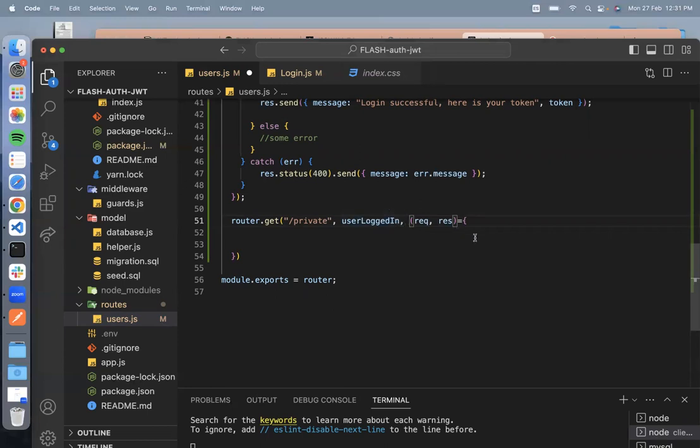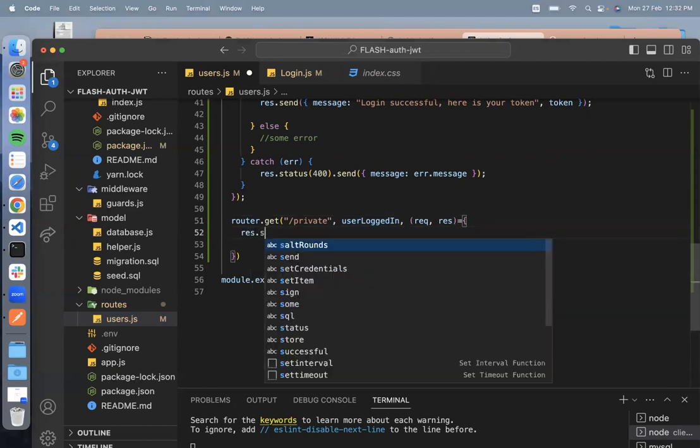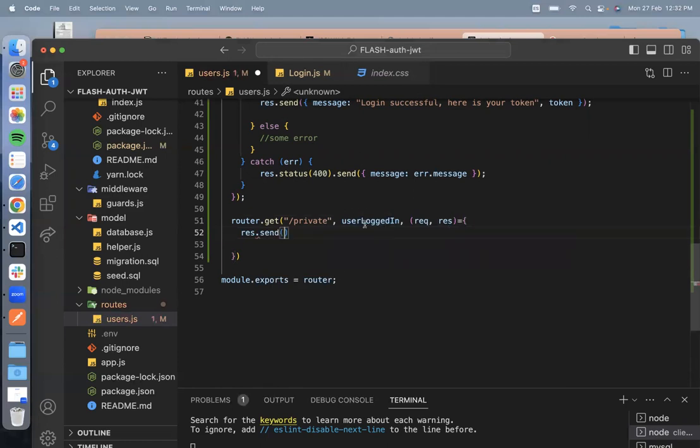If the user is logged in, then we proceed with responding with the data that it has requested. So let's say that if the user is logged in, it's okay, and we come here, then we can send back the information, so some message. Here is your super private